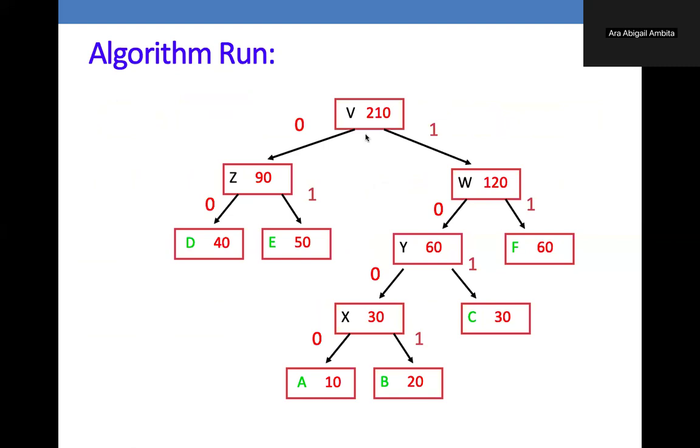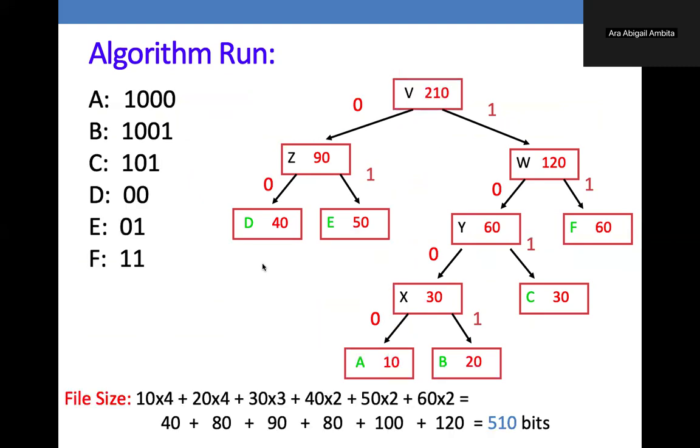So now every time we make a left turn, we label that as zero. But every time we make a right turn, that would be one. So left 0, right 1, then 0, 1, 0, 1, 0, 1. Okay. So now how do we represent the characters here using the tree that we have created? What would be the Huffman codes?